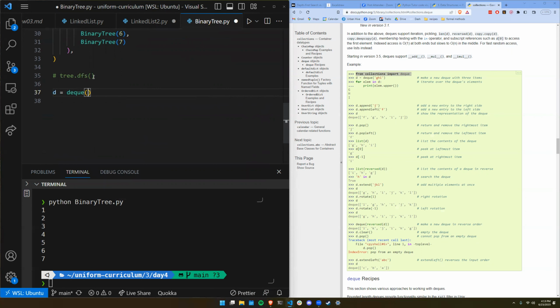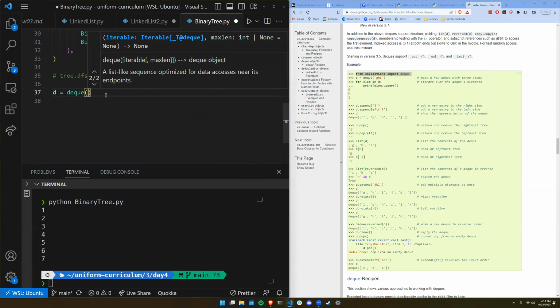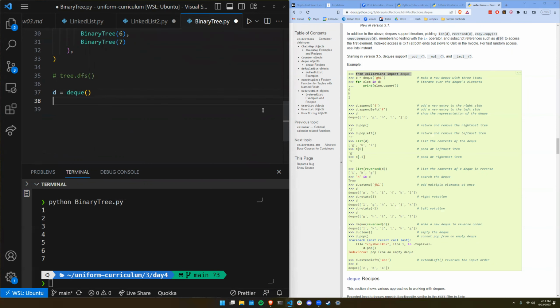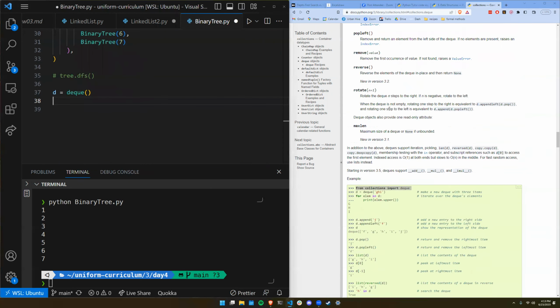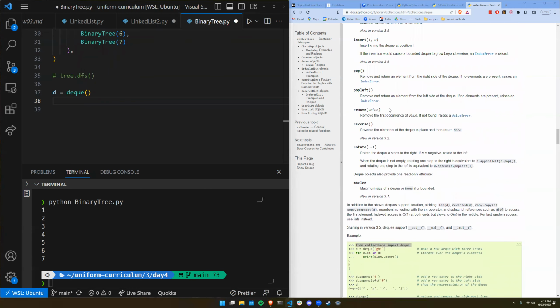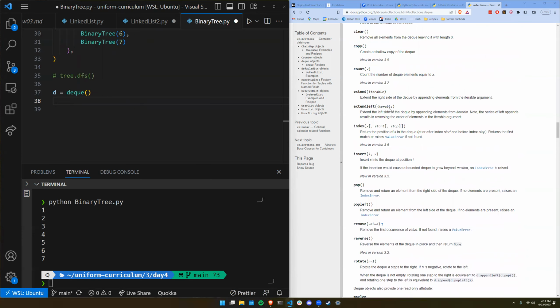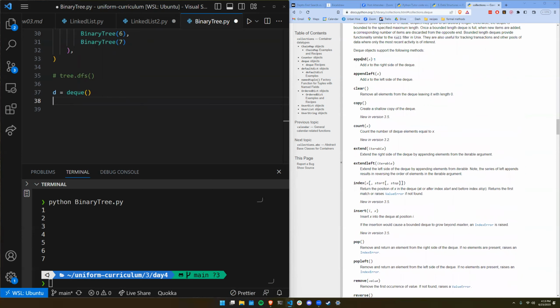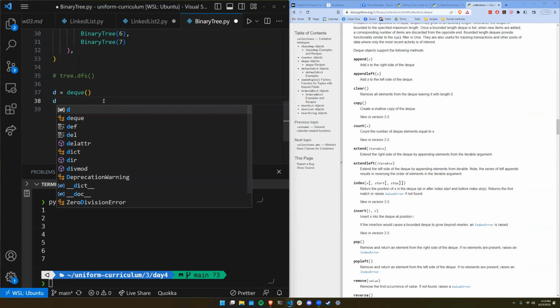And let's say I'm going to start it out empty. I believe I could do that. And then I'm going to say something like, because this is a queue, I want to add things to the end, and then keep getting them off the end. So append will add to the right side. That's what I want. So I'll say D dot append